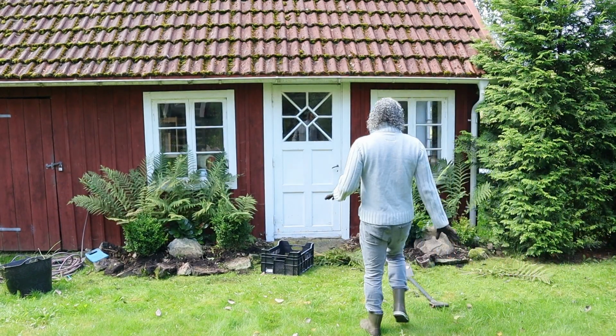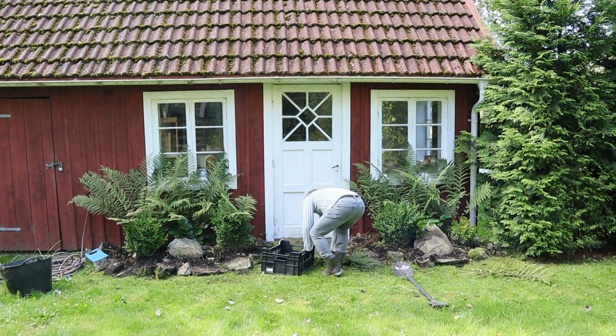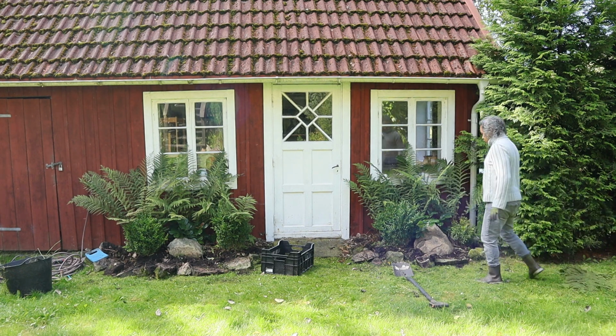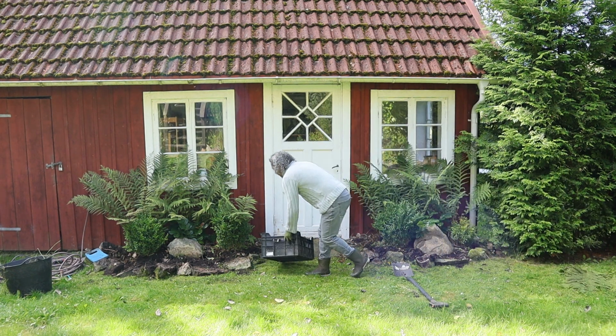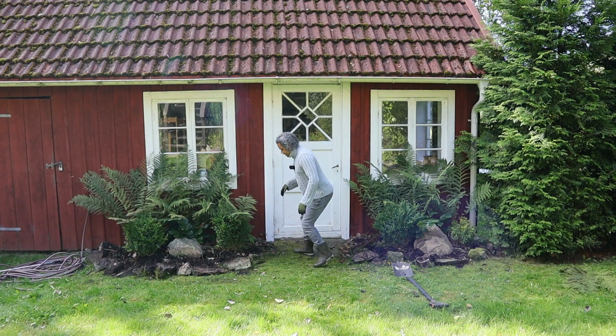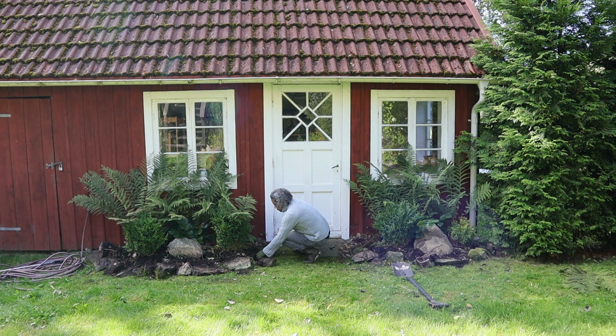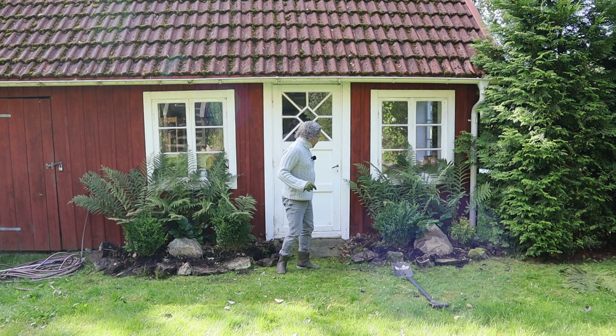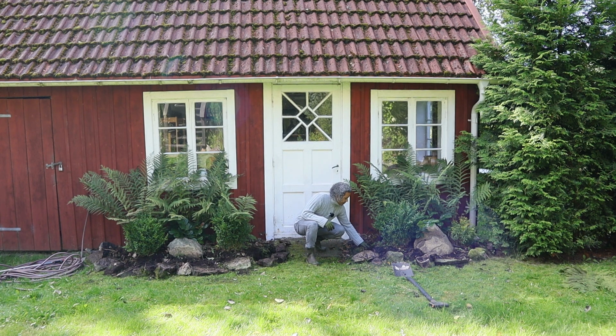And then what I'm left with is my border. I'll just take these fronds and put them to the side for now until I need to use them to regenerate the soil. Now, as you can see, I've pulled some of my rocks here at the front to the side, and I'm going to do that with the rest because I'm going to fill up with more soil in here. So I want to be able to put these back around the edge afterwards. But for now, move them out so I can fill up with a lot of soil in here to lift these borders